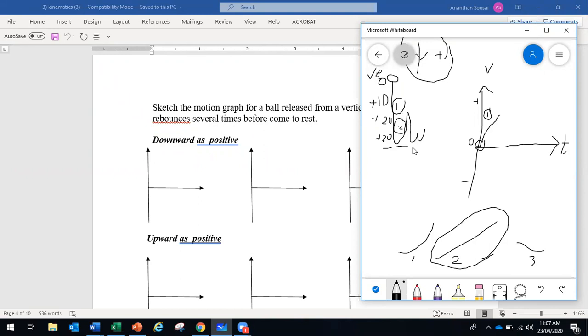Now the second one. This is the challenging one. After it rebounds and goes up until it reaches the top again, how is the graph going to look like? At the moment when it hits the ground, imagine it's positive 30 meters per second. Okay, when it rebounds,